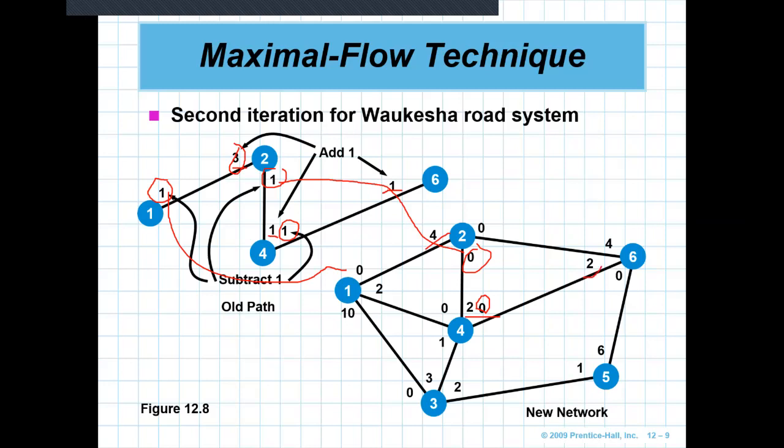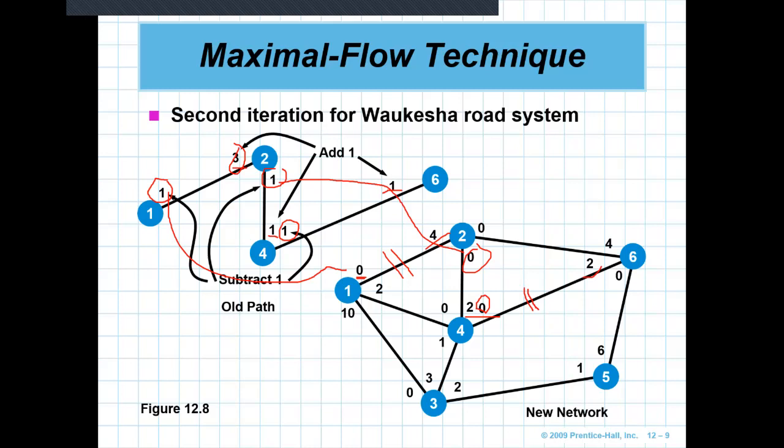So we cannot go through this path anymore because 1 to 2 is 0. So no cars can pass that path. And then 1 to 4, 4 to 6 is also not allowed because 4 to 6 is also 0. And the other possible path that can go from west to east, from start to finish, or source to sink,